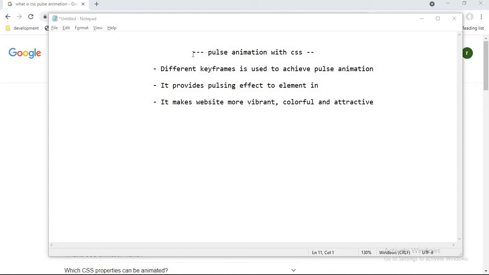Today I am going to talk a little bit about the pulse animation, that is CSS pulse animation. To make CSS pulse animation, there are different keyframes used, and what it does is that it makes the pulsing effect in any element used in any website, and it makes the website more vibrant, colorful and attractive. So let's start our